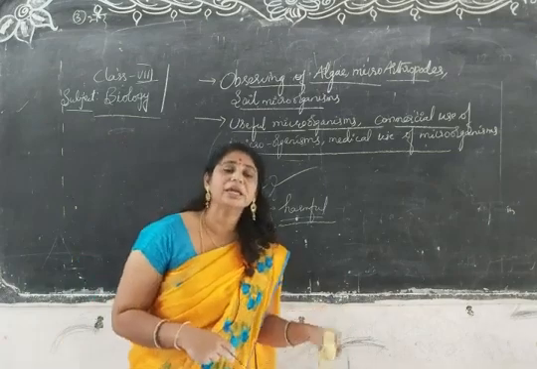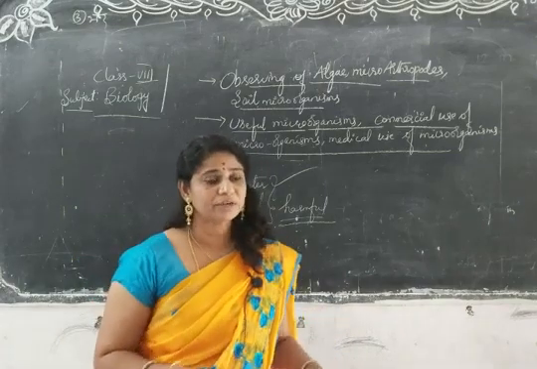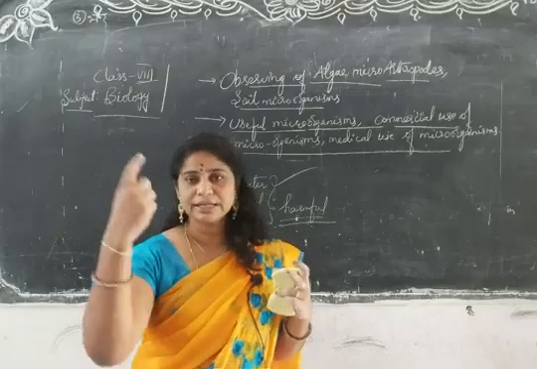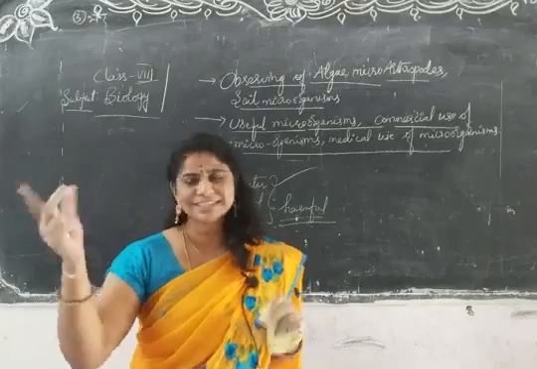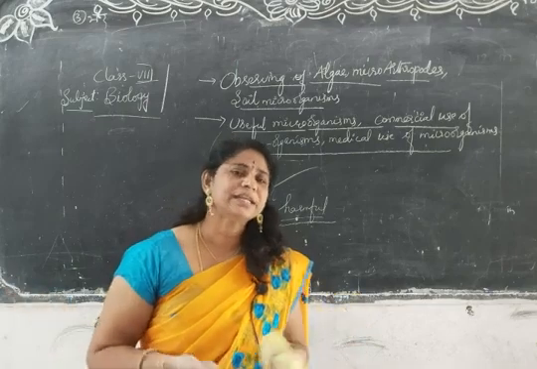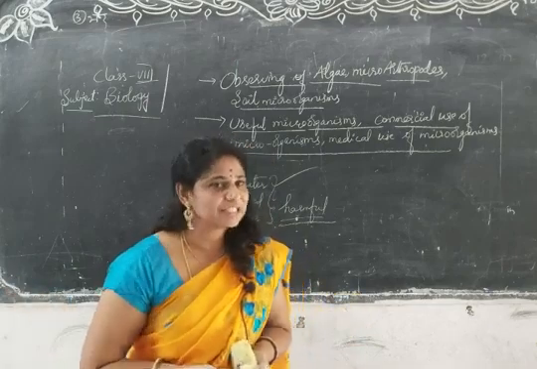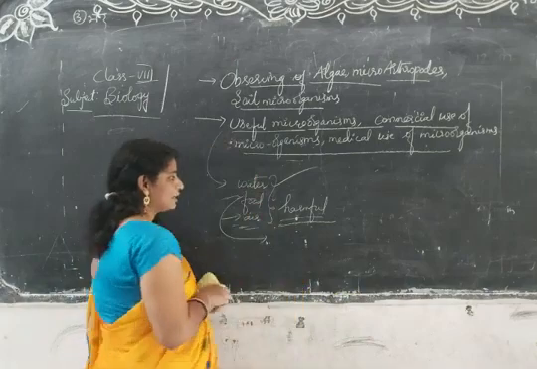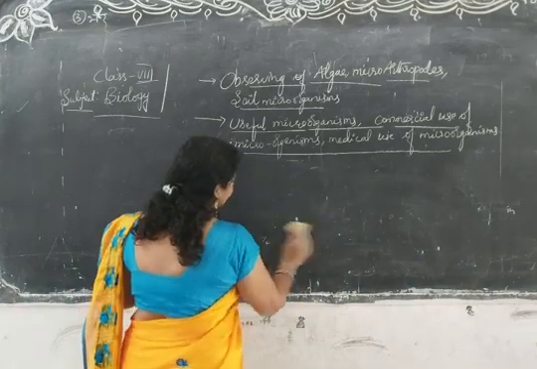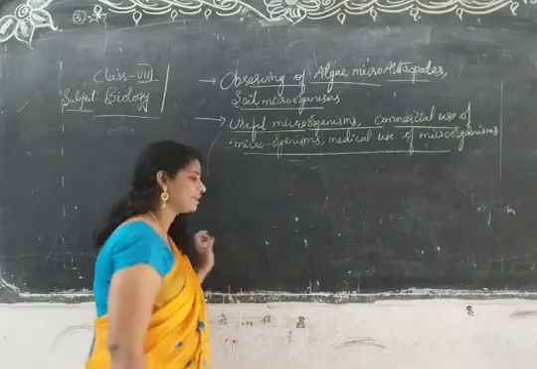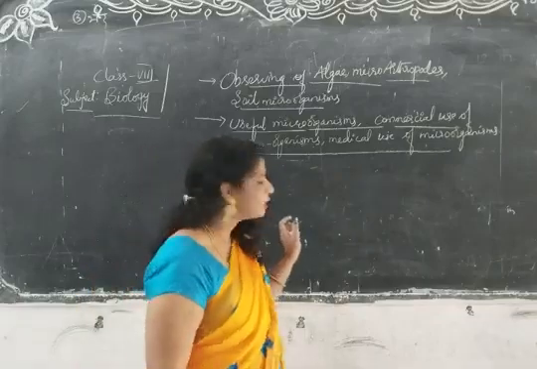Airborne, TB, tuberculosis. What is happening when they cough? The bacteria, Mycobacterium tuberculosis, enters into the air. When we breathe that in, it may attack us. So these are the modes, the harmful methods. They are transferring through these three: airborne disease, waterborne disease, and foodborne disease.